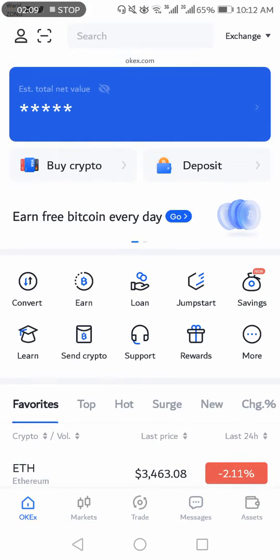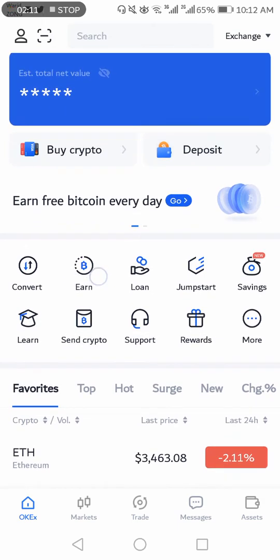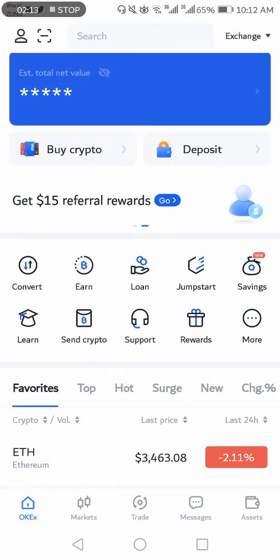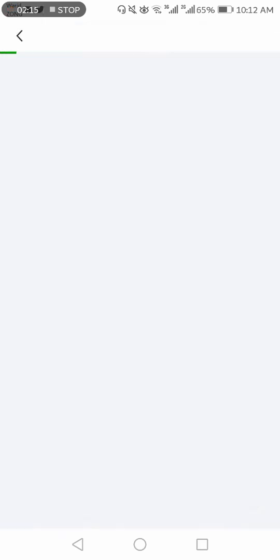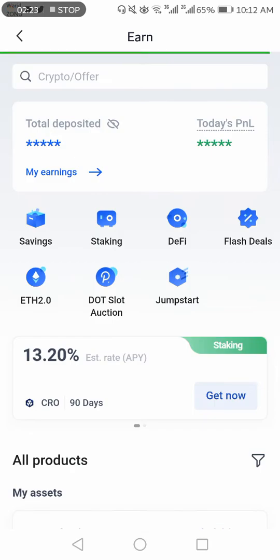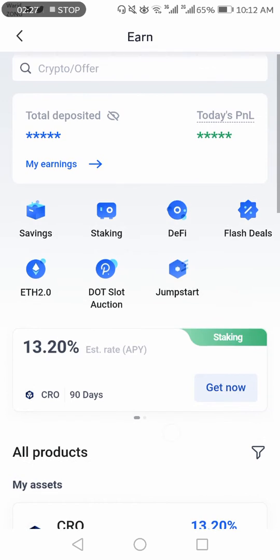Okay, so here you can see the earn option. You have to click on the earn option, and here you can see all the coins available to stake on OKX exchange and see their APY rate. Here are the different sections: savings, staking, DeFi, flash deals, ETH 2.0, DOT slot auction, and Jumpstart, and these are the features of the OKX exchange.